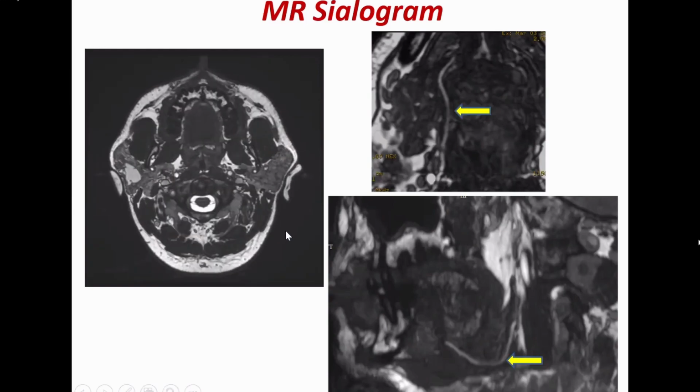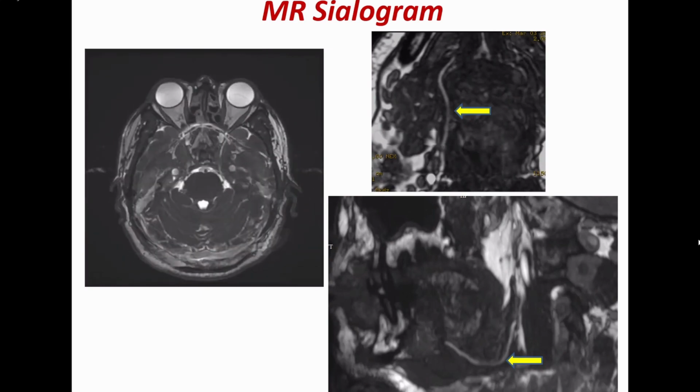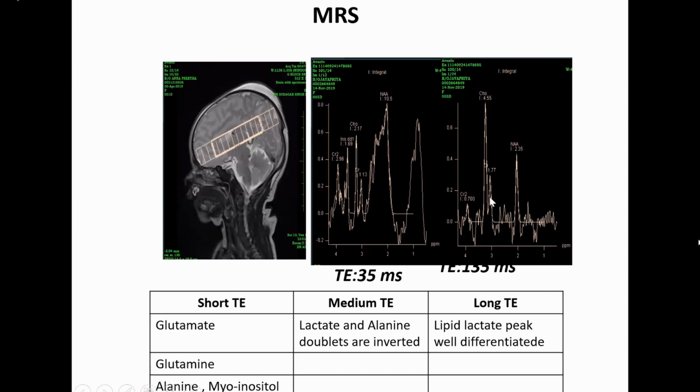Fine. So with the brain, I think I've covered very important ones where there's a modification of the technique that is required. And in spectroscopy, whenever you do a spectroscopy, just doing it randomly with an intermediate TE or with a longer TE is not enough. You need to know where to do a short TE, where to do a long TE, because you will not be able to appreciate all the metabolites within one TE. So in short TE, you might be able to show metabolites like glutamate, glutamine, alanine, and myoinositol.